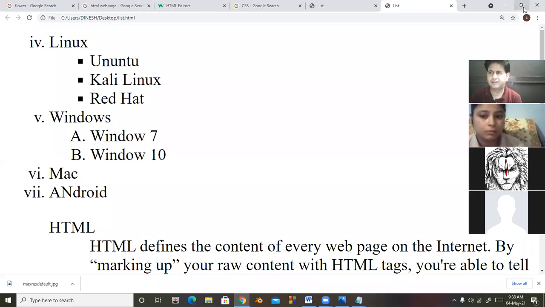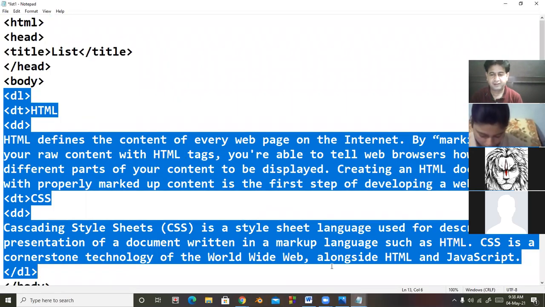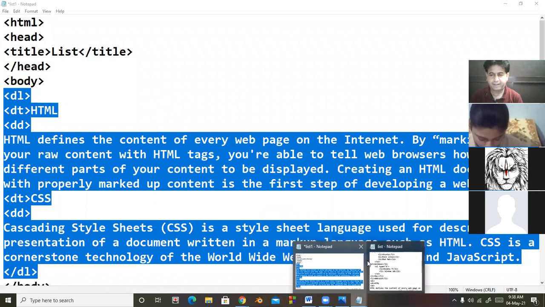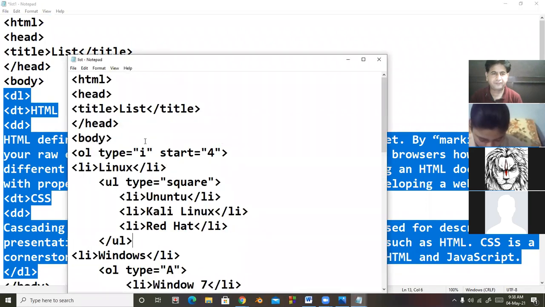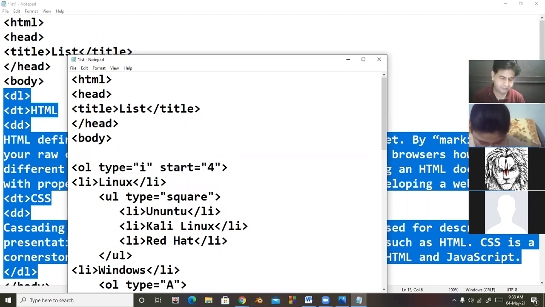Now next, I'm going to revise the image tag. For inserting an image in an HTML document, you will have to use the img tag. It is an empty tag.